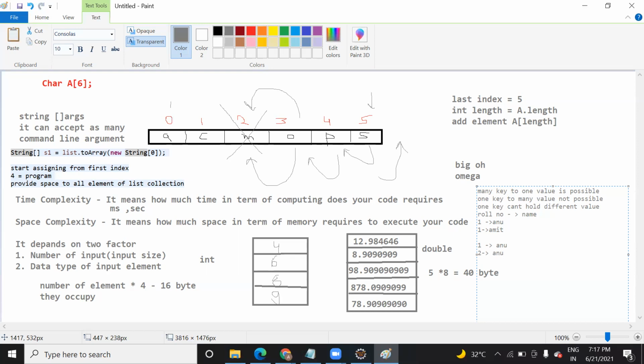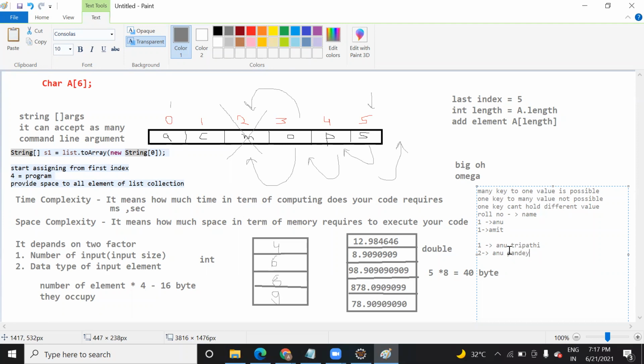Maybe different, the first one is Anu Tripathi, and the second one is Anu Pandey.